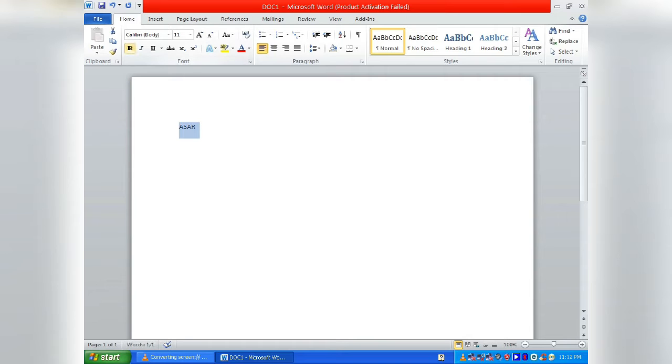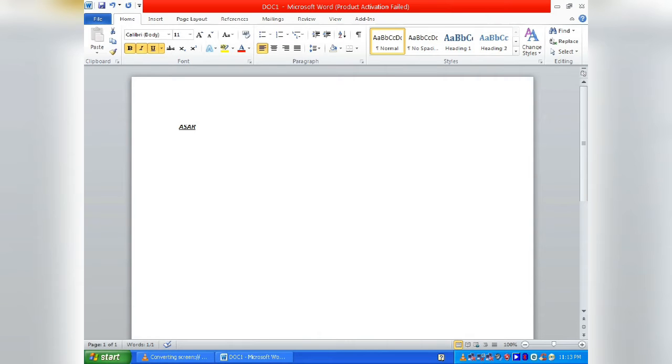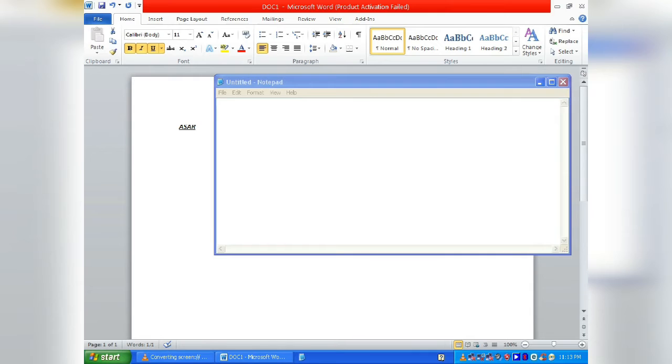Here I have typed my name Asar, and I am doing everything bold, italic, underline. See, there are some symbols there where you can make text bold, italic, underline. I will be giving you the shortcuts also for doing all these things. For bold you will have to type,